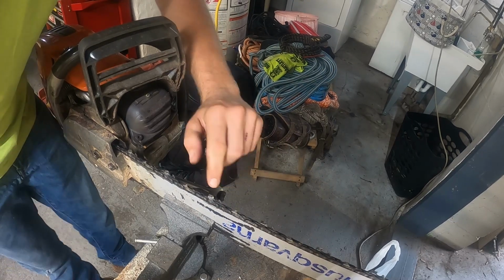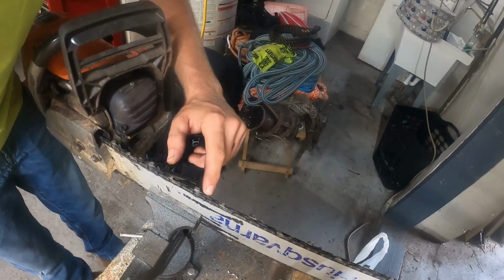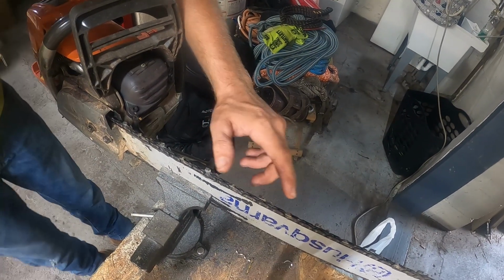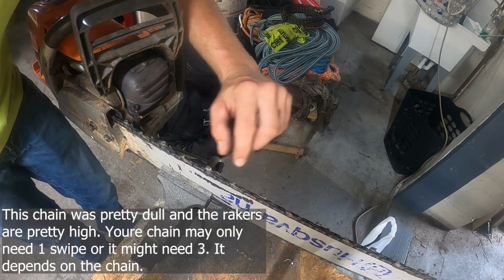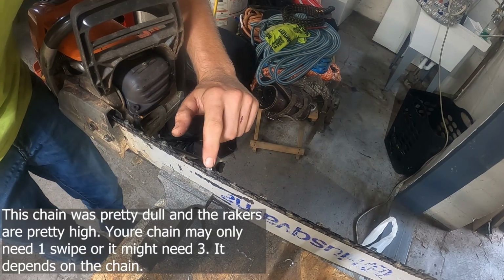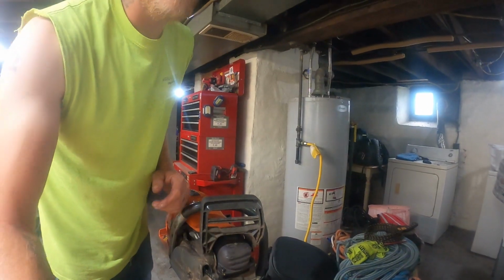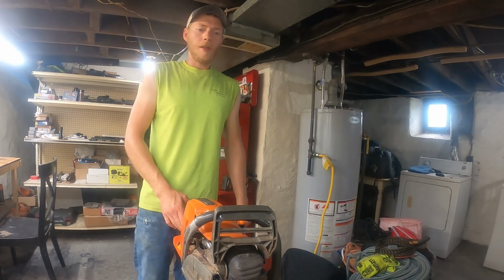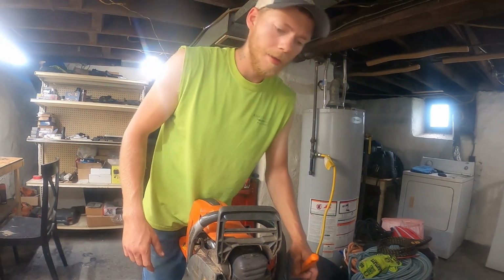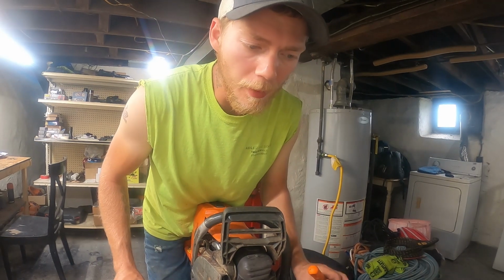So right here, this is where you would need a raker gauge once you file these rakers. Or what I'll do when I file these, I'll hit these rakers probably like 2 swipes after this. And then this tooth here, because it's a little smaller, I'll give it an extra swipe. And that'll even it out. And I've never had a problem with that. My saws usually cut straight. I mean, I'm not perfect. Sometimes I mess up, but 99.8% of the time they cut straight